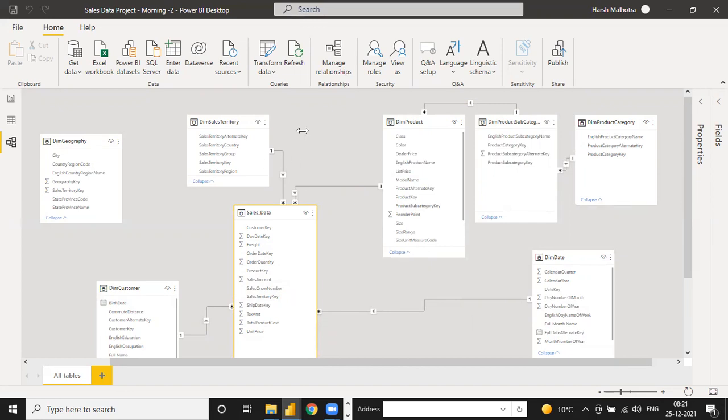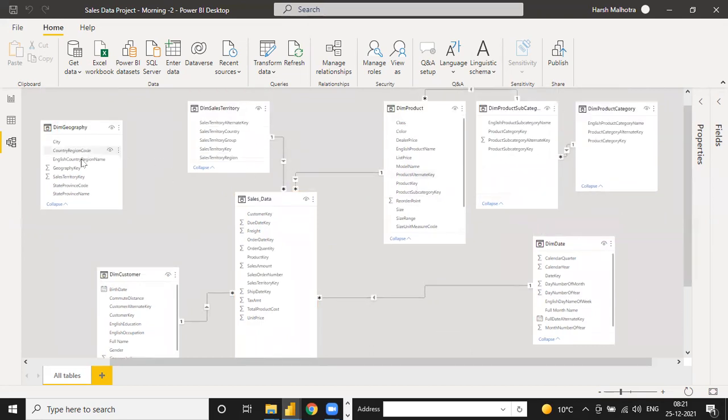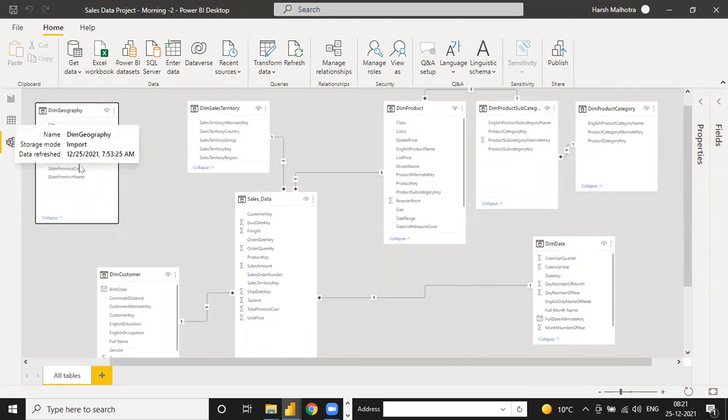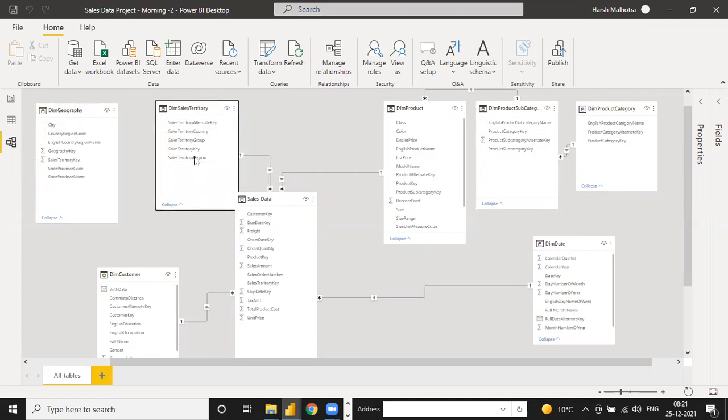Yes. Okay, so now the relationship is done, and only one relationship is remaining, which is geographical. Same way with geography also. See, if you select this sales territory, under this sales territory we have already connected with sales territory. Under geography also you have sales territory to sales territory. So if you connect sales territory to sales territory to the sales table, it is not connected. Why? Because we have already connected from this table.